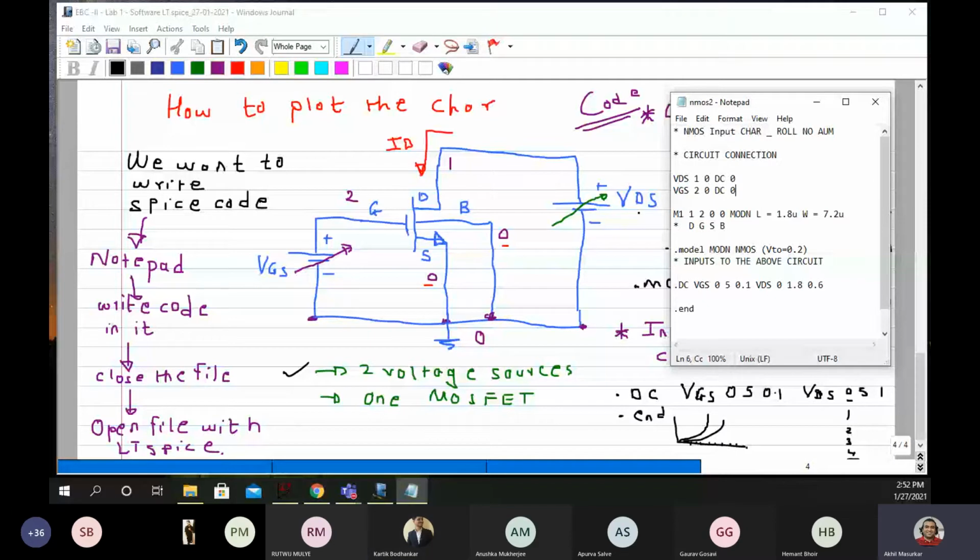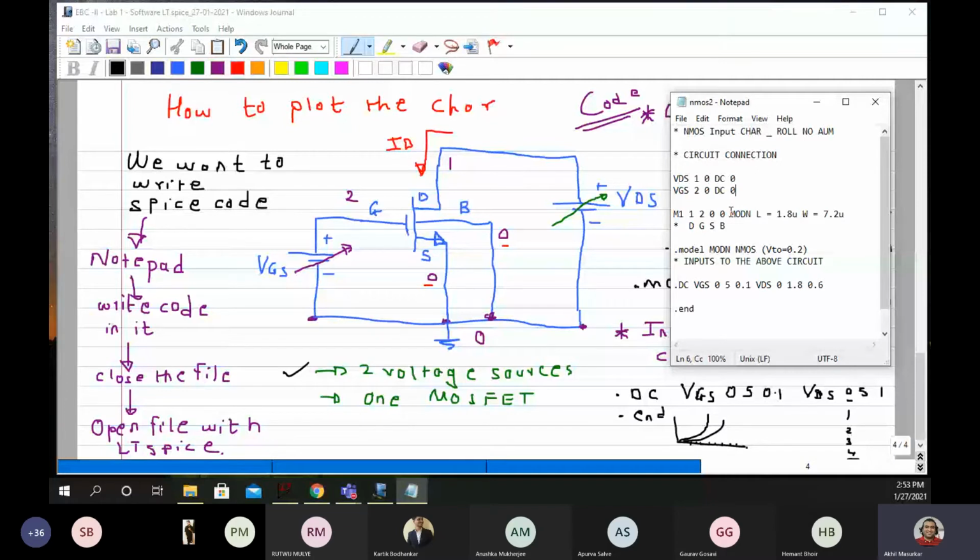Okay, sir. And then we are saying the third line is M1. So in the third line we are defining a 4-terminal device with a name mod n. Now MOSFET is not the only 4-terminal device. There can be many other devices also.